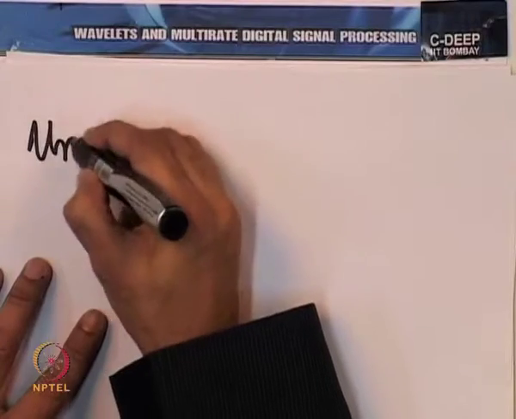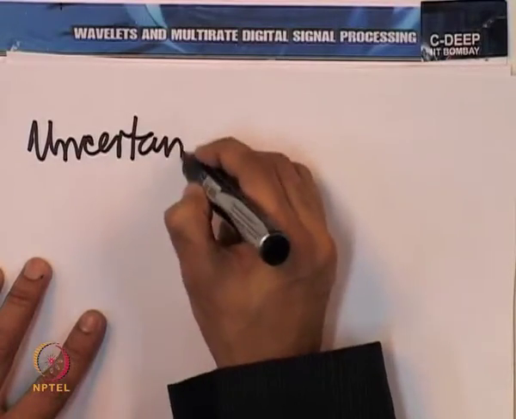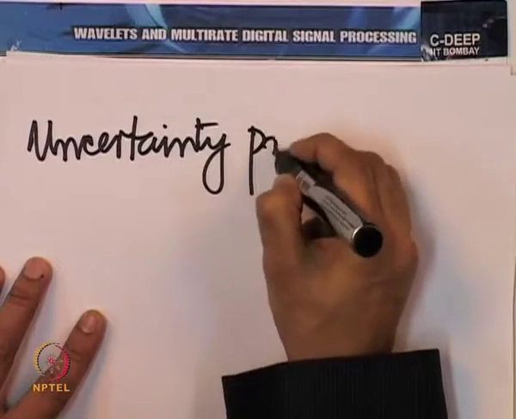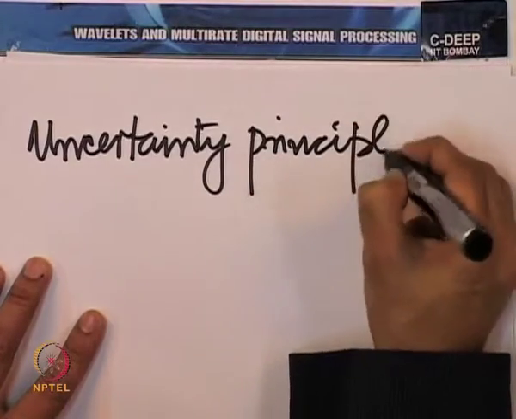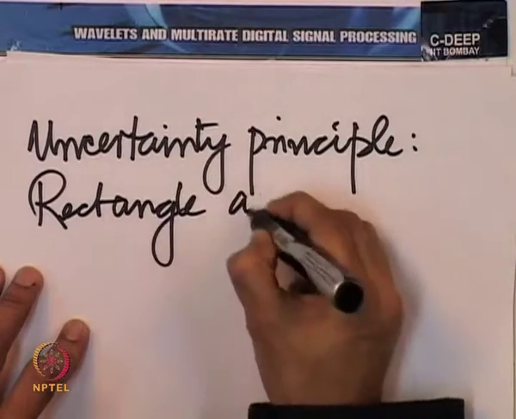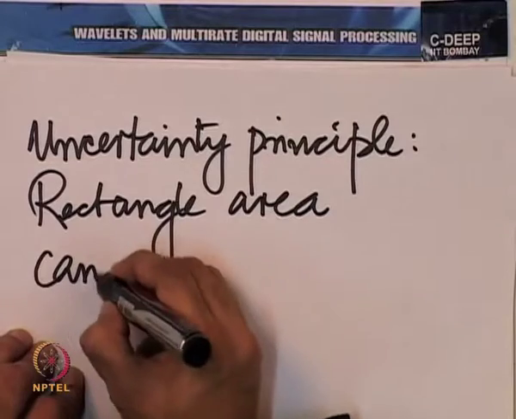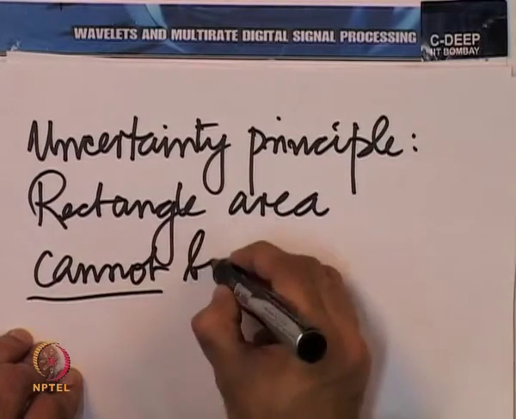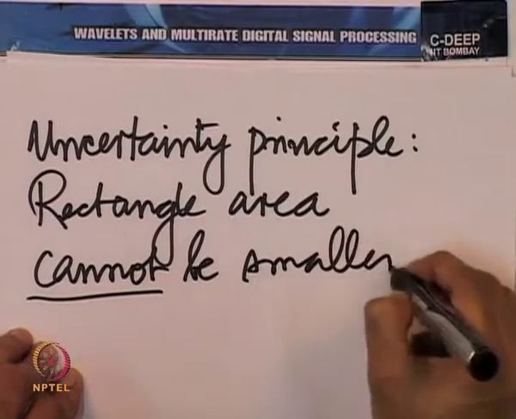A function in L to R lies in a certain region of the time frequency plane. It occupies a certain area in the time frequency plane, and what the uncertainty principle says is that this rectangle cannot have an area smaller than a certain number. Uncertainty says the rectangle area cannot be smaller than,